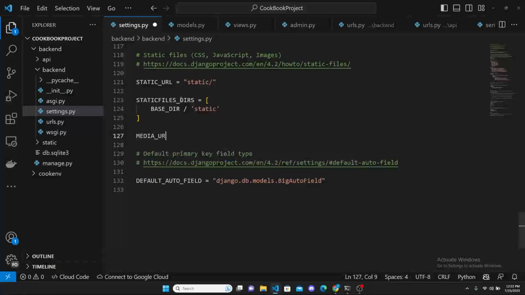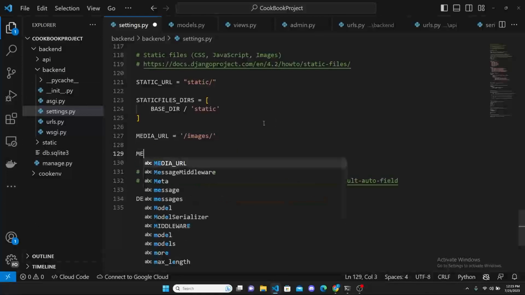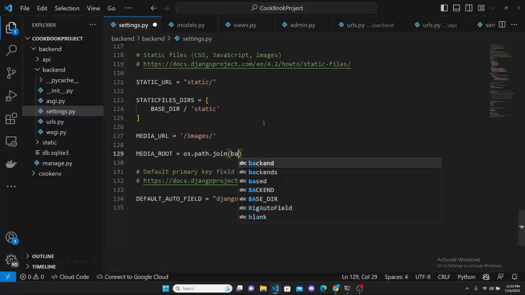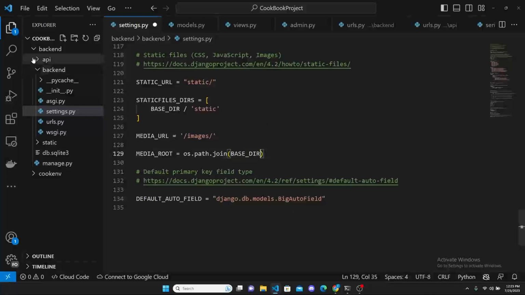The media URL is going to be equal to images. So we have the images folder where we want to store the images. And to get the root, we need to go to os.path.join. So we have to go to the base dir, because in the base directory, in the main folder, we have the folder static